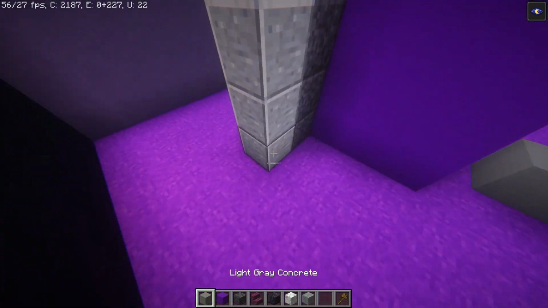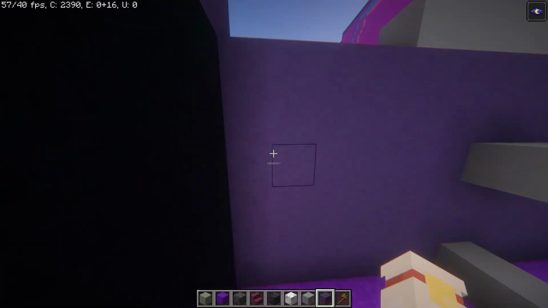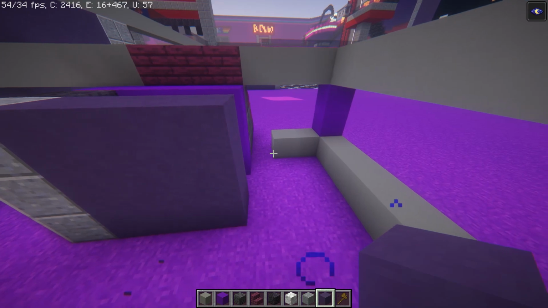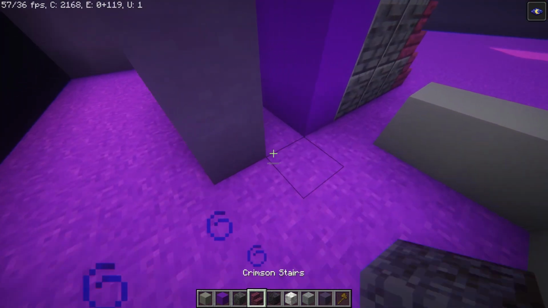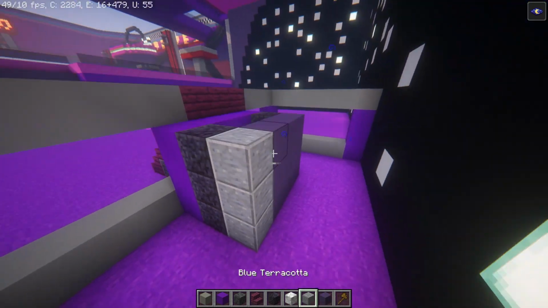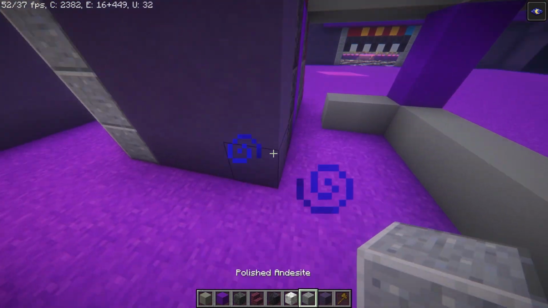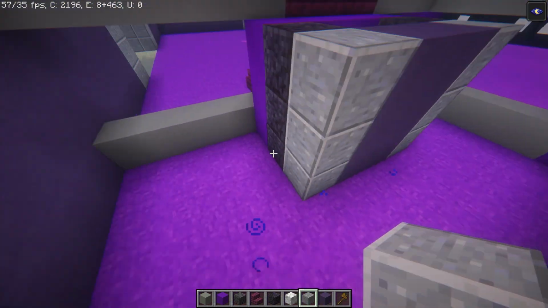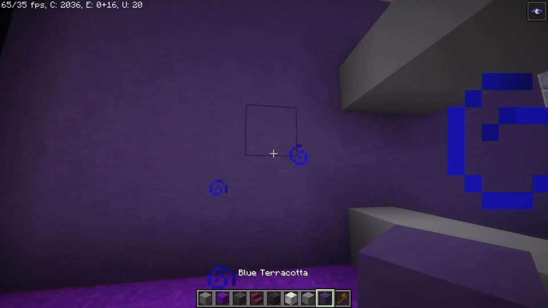Then here, we need our blue terracotta. We're going to go ahead and place this right here. And then, I believe, okay, it's the exact same thing. So, polished blackstone, just like that. And then, oh wait, and our polished andesite. So something like this. And then on this side, that's all there. And now we're going to go ahead and replace this wall